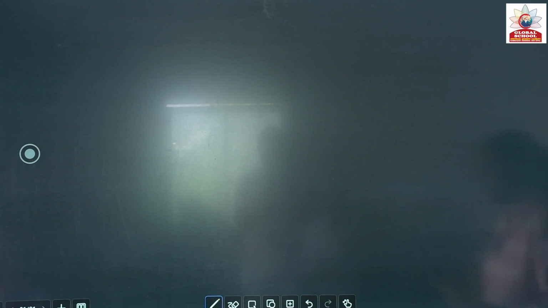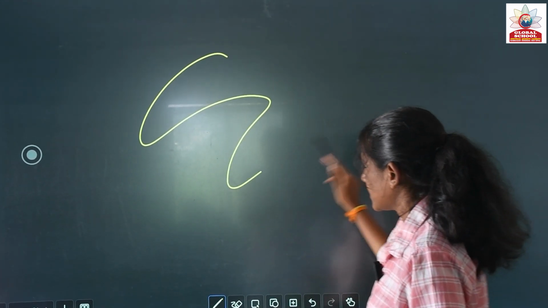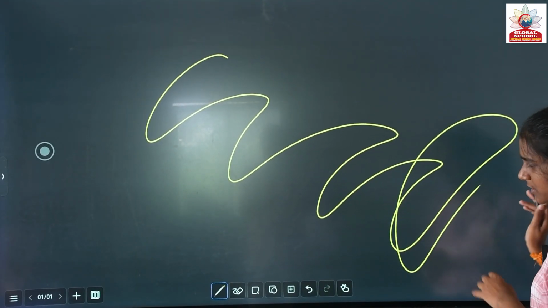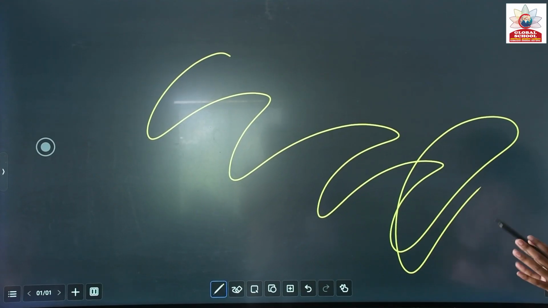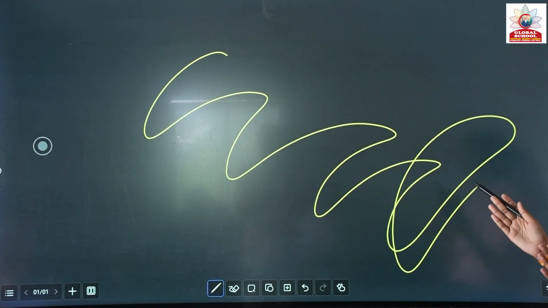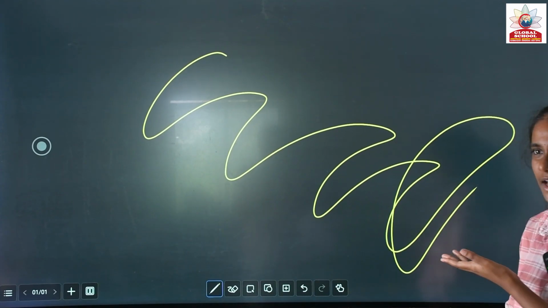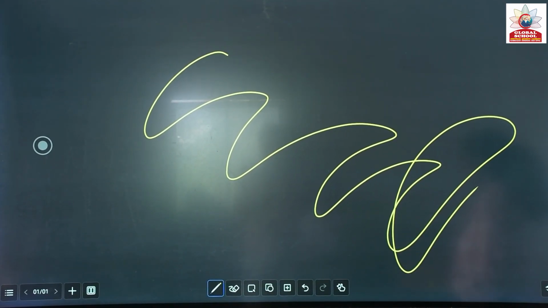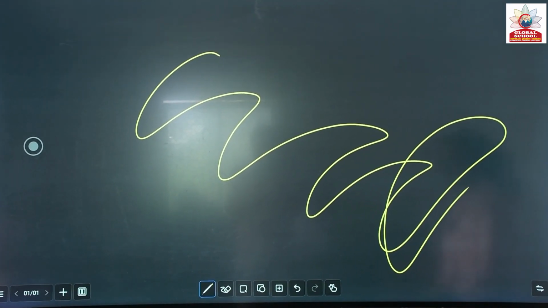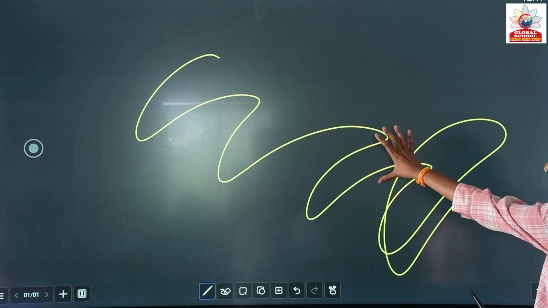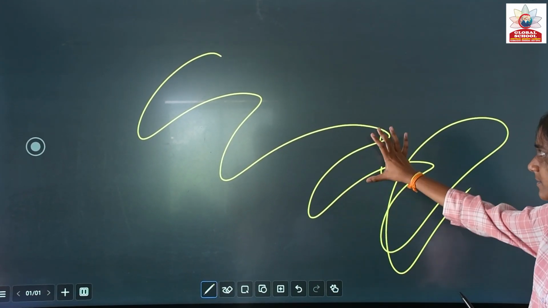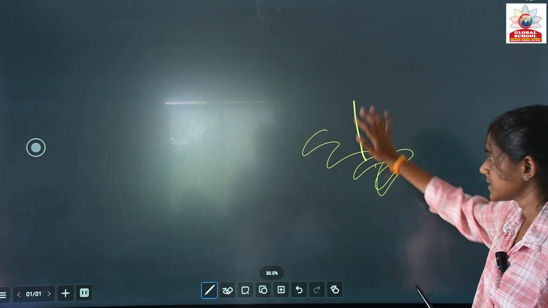And this is the preview option. So for example, I have written all the content on my board. So this page is already filled, and I don't want to go to the next page. From this page only, I just want to continue my topic. Especially for maths teachers, they want all the step 1, step 2, all the process on one page only. So here there is a preview option. What you can do is you can just minimize the screen and put it aside.